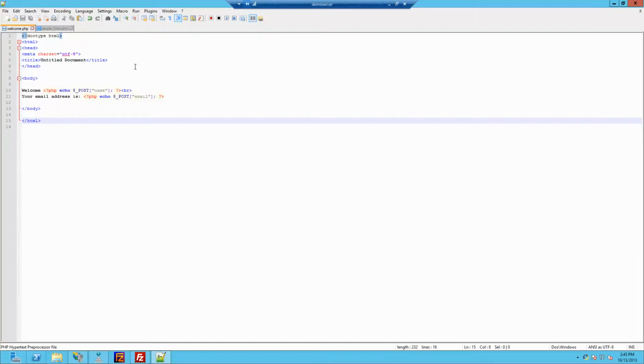So just saying welcome echo post name, and then it says your email address is, and then it's saying post. So basically we're just going to have a simple form, and we're going to draw data from one page to another. So if I'm going to display this for you, it will look like this. Let me just go to the page. Let me go to simple form first, because we need to start off there, otherwise we'll get an error. So I'm going to say pages,